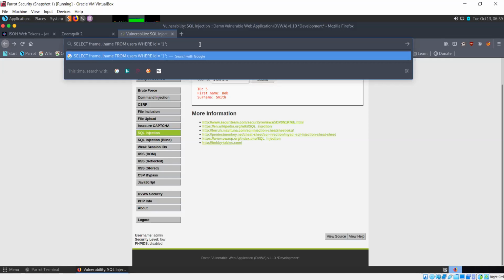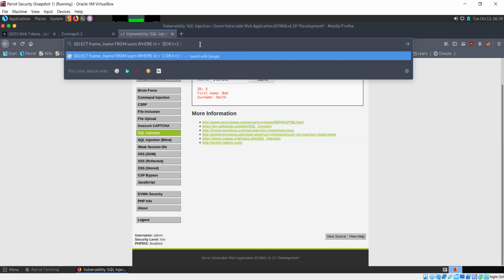Now if I'm specifying ID is equal to 1 or ID is equal to 2, then it's giving me the results accordingly. But since I want to perform SQL injection, I want to inject some code of my own to get even more data than I should be getting. I could write 2 or 1 is equal to 1. But I need to keep in mind these quotes.